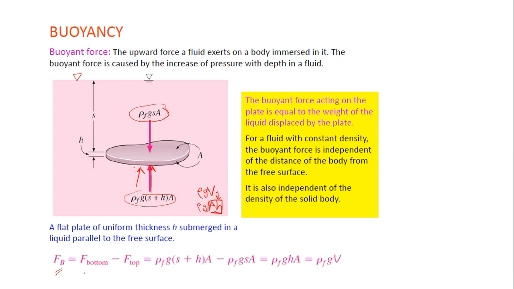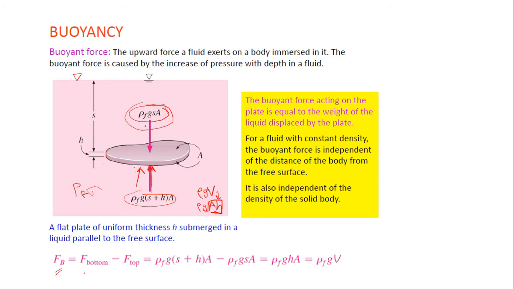At the bottom, the height is s plus h, the height of this object. So you have rho of the fluid, because the bottom is totally immersed in the fluid, whatever fluid, water, mercury or anything, times g, the gravitational constant, times (s plus h), because it's at the bottom, times A, minus